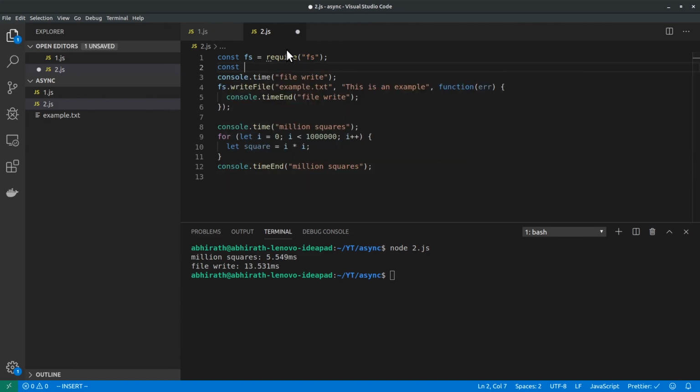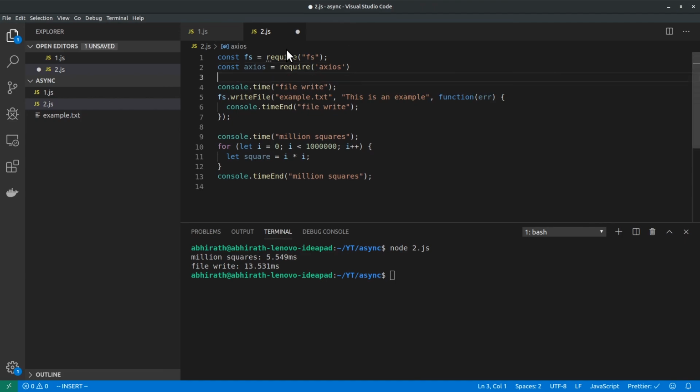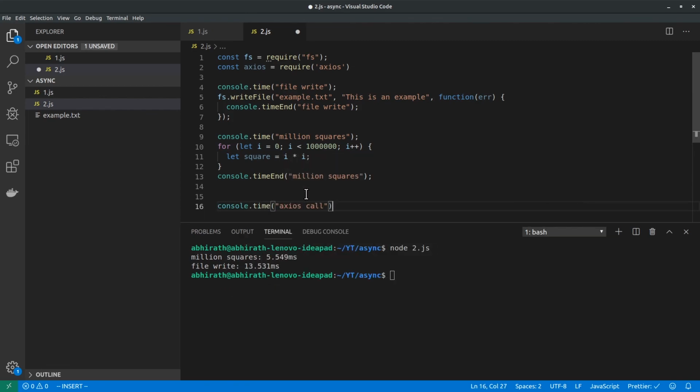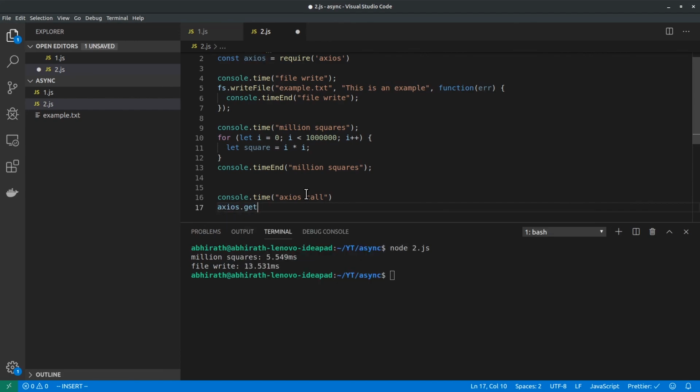We import axios. const axios = require('axios'). console.time "axios call". axios.get https://example.com.